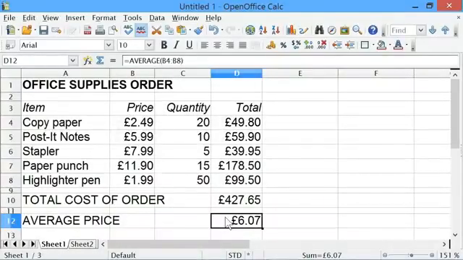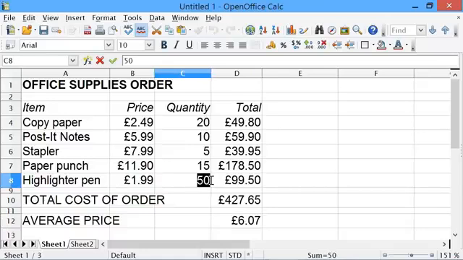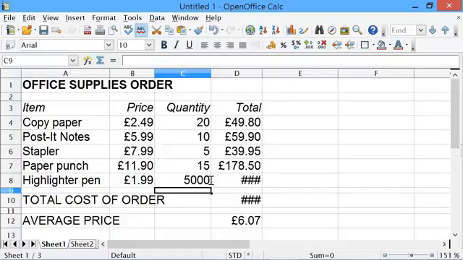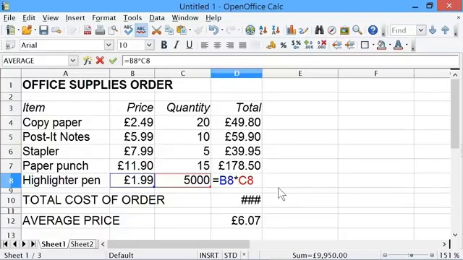Okay, so far things have been going very well, but as you know with computing things don't always go well and you have to know how to get out of difficulties. So let's pretend that maybe in here we've got 5,000 highlighter pens in our order rather than just 50, and we'll put in 5,000 there, and then, oh dear, suddenly you can't see a total for highlighter pens, you can't see a total cost of order. This frequently happens, and many people look at spreadsheets and they go, what would I do? It's all gone wrong. They look at the formula here, double click, the formula looks fine,